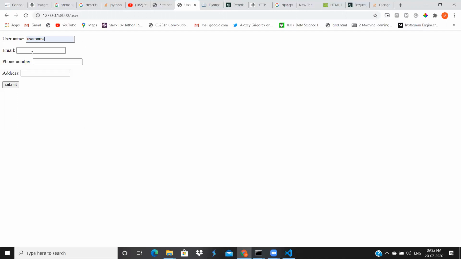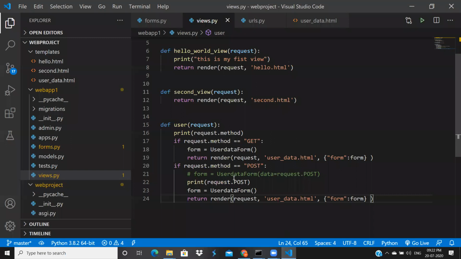I will fill this form with the data and then send this data to the server. You can see this data here. I'm printing request.POST, right? Inside this POST we will get all the data, whatever data we entered here. After that, again I'm sending an empty form to the user, otherwise we will get an error.